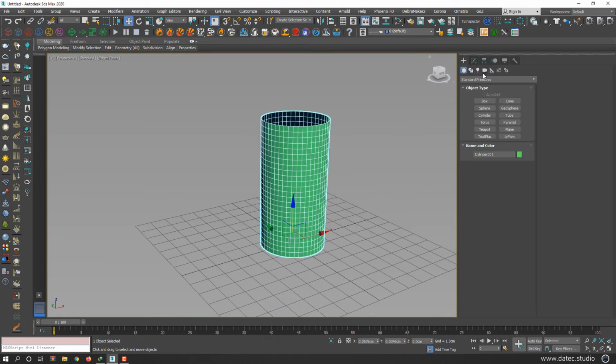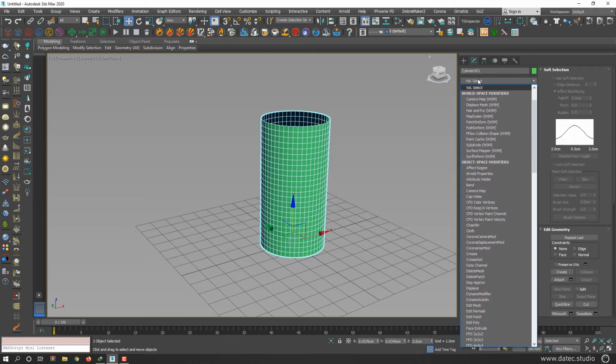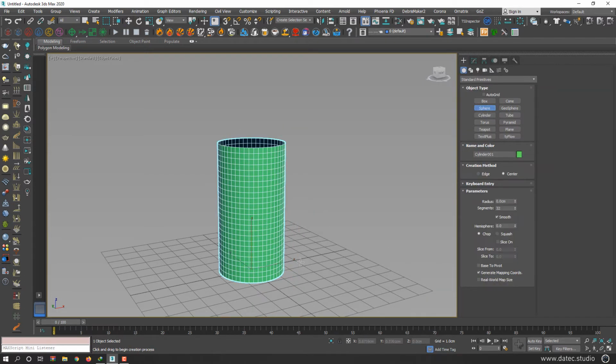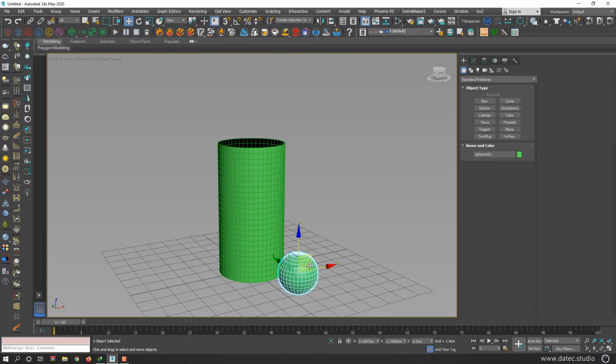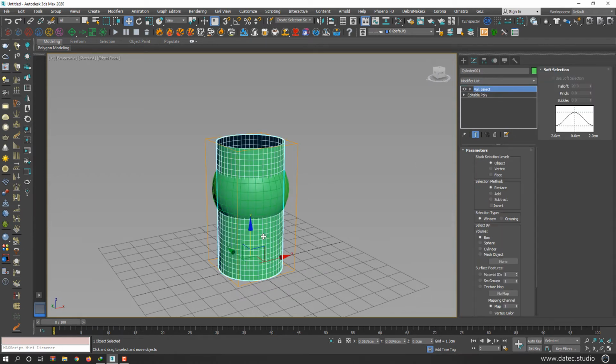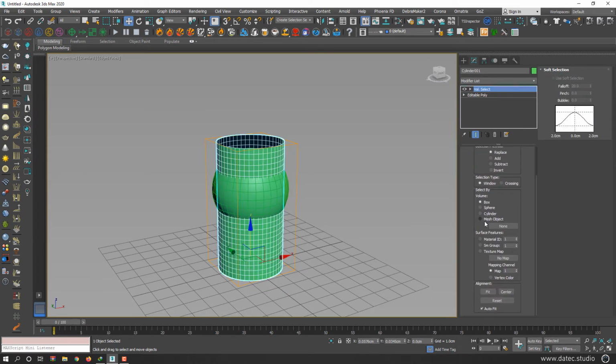But again, this time I will apply volume select by vertex, and again I could create any sphere or any other geometry type, align to this cylinder, and I will increase radius. Alright, so I select mesh object and select this sphere